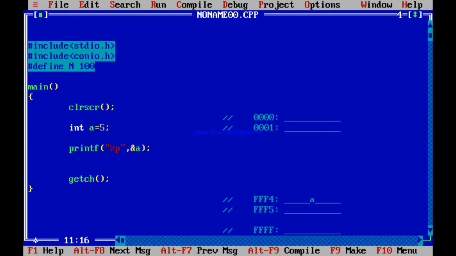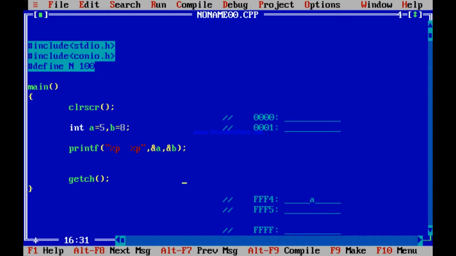So what if I take another integer b equal to 8 and then I print the address of b also, that is ampersand b, that also I print. So if I print the address of b, I need to check where this is being stored.